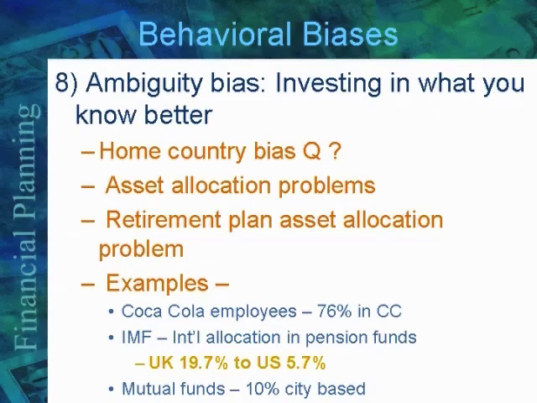This has problems. For example, retirement plan asset allocation. These are the people who manage retirement plans. They are CFAs and MBAs and PhDs. They have the bias too. I mean, in the late 90s, the British money managers in retirement plans had the most international stocks. They had close to 20% international stock.